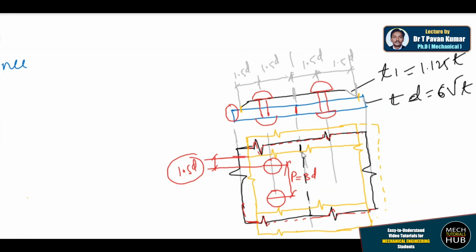What is a cut section? This is called the cut section. This cut section represents that there is a lot more extension of the sheet, but we are not bothered about the length of the sheet. We are only bothered about the representation of the rivets on the sheets. So this is what that means.